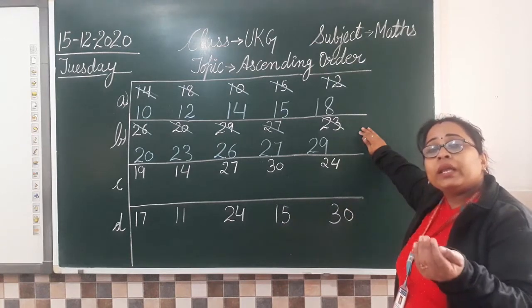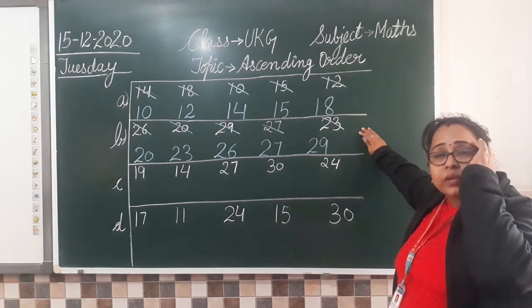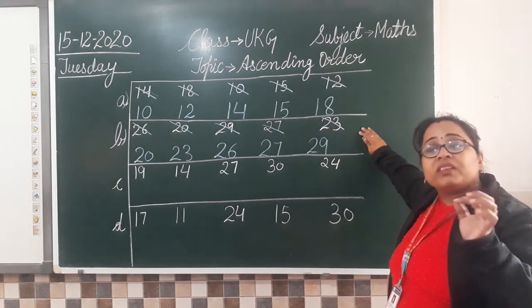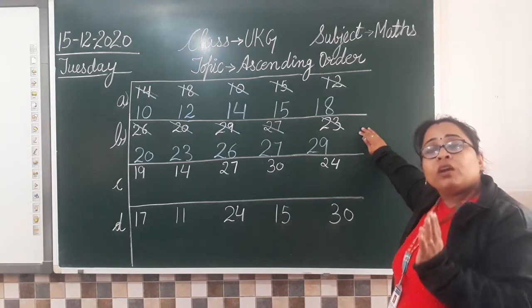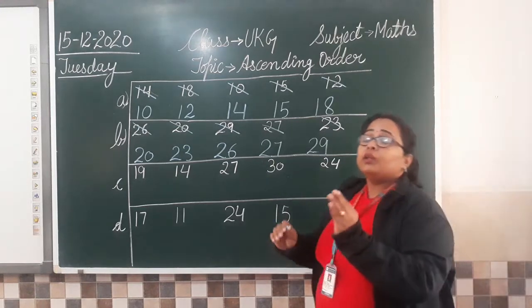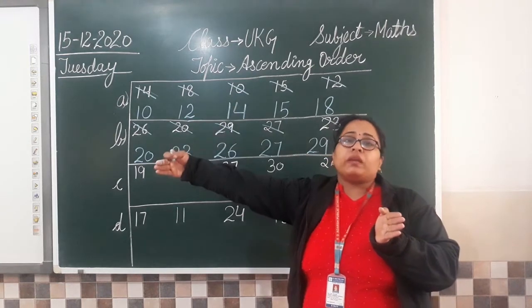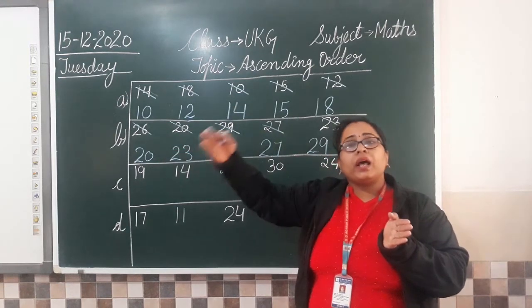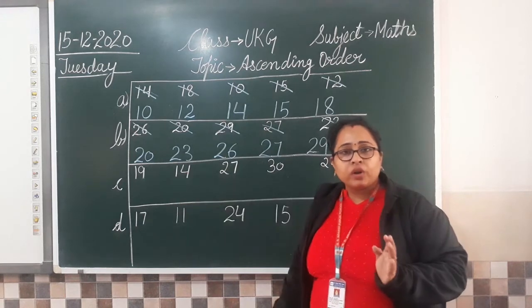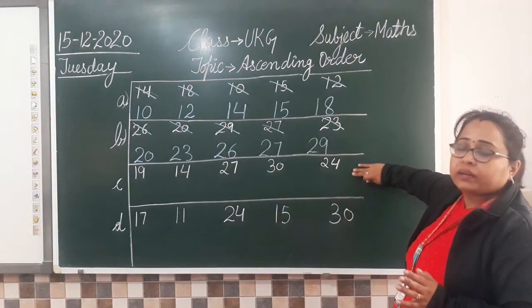So why am I repeating ascending order? Smallest to biggest so that it can come here and fix. Just fix it in your mind कि if we are talking of ascending order, जब हम ascending order की बात कर रहे हैं तो numbers will be written in smallest to biggest. छोटे से बड़ा लिखना है हमें. Understood everyone? Now it's time for you to solve this part.